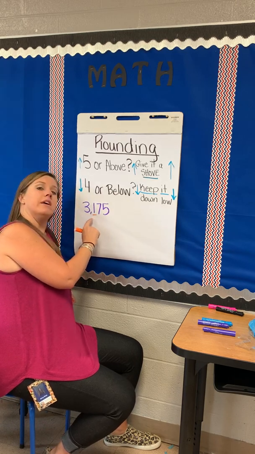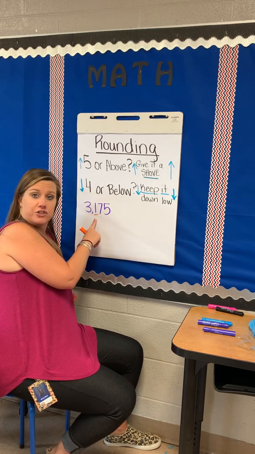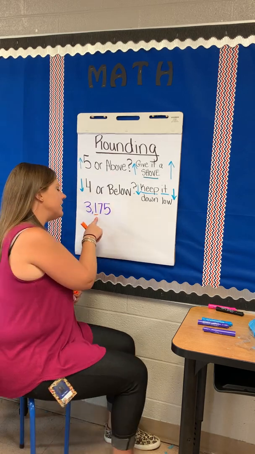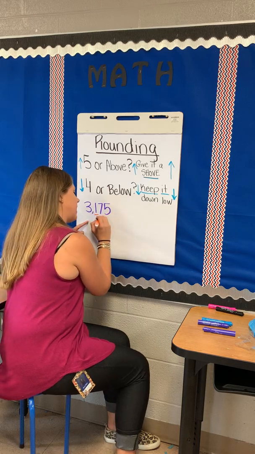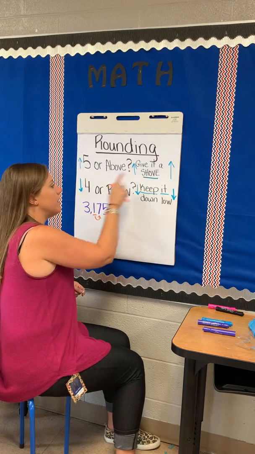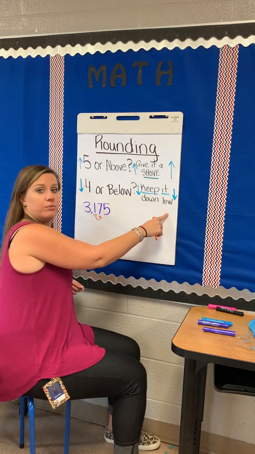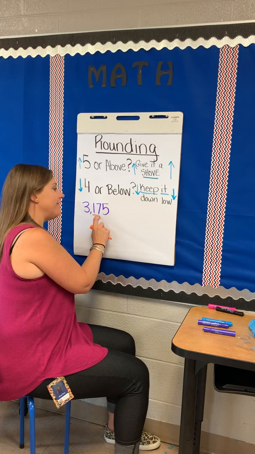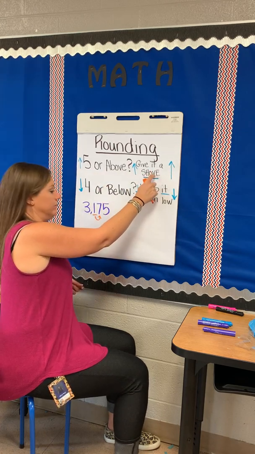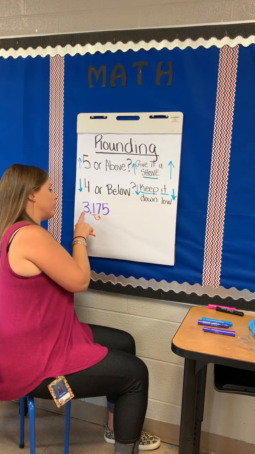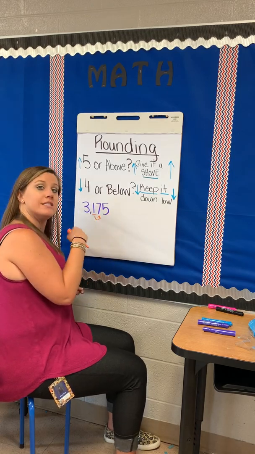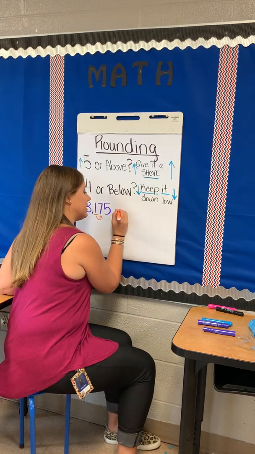The 100 is the number that's going to change, or stay the same. So if you round to the nearest 100, you are looking to the right in the tens place to determine whether you're going to give it a shove or keep it down low. That 7 is 5 or above, so it's going to give it a shove. So 3,175, if you round to the nearest hundreds, is approximately